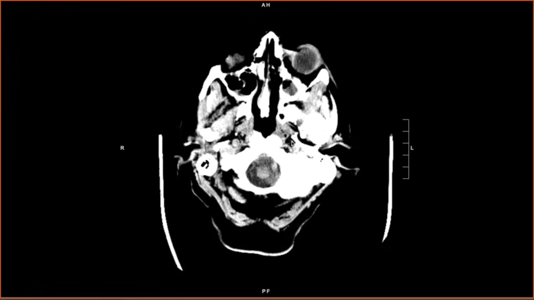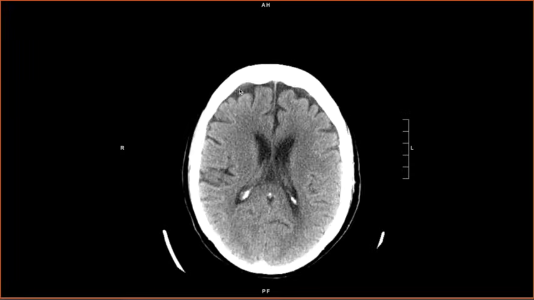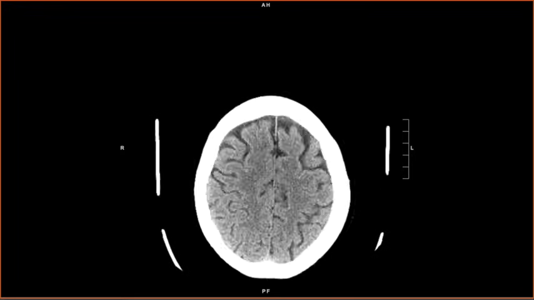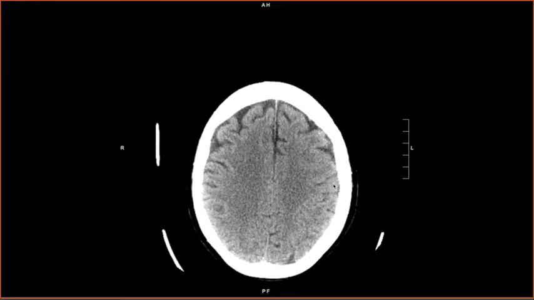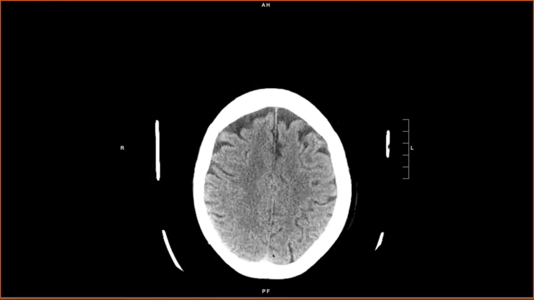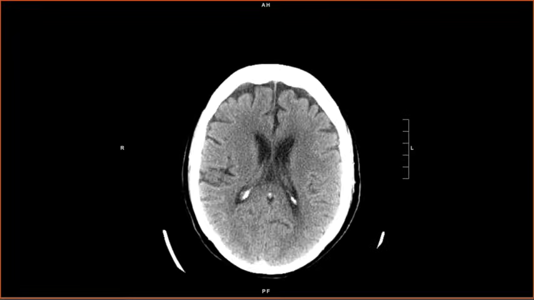Then I look for extraaxial blood, so I look anteriorly first. I don't see anything here. Look laterally here, I don't really see anything. Laterally, don't really see much. Posteriorly, don't really see much. Okay, so there's really no blood on this window, but remember